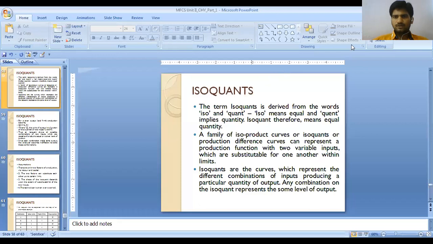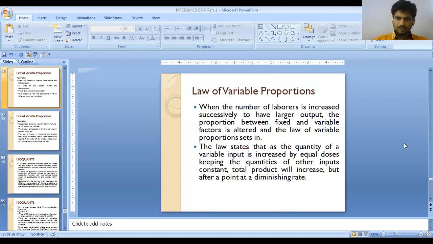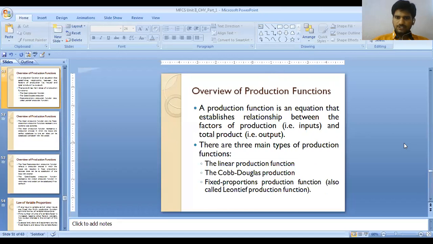No problem. It's the time, I think. So anyone having doubt about these three production functions? It is very important in the second unit, production function. In this, production function is one part, and the second part is about sales. So here we are talking about inputs and outputs. What is the relationship between them? If the relation is there, then what are the linear, Cobb-Douglas and fixed proportions? What are the assumptions and criticisms we discussed.